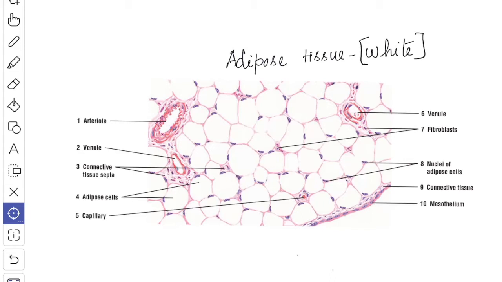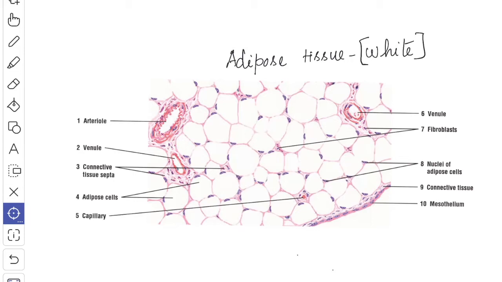It is responsible for giving a smooth contour to the skin. The distribution of the adipose tissue is different in the different regions, and it is also different in male and in female. This gives a difference in the body contours in the male and the female. In women, it forms a thicker and more even layer.